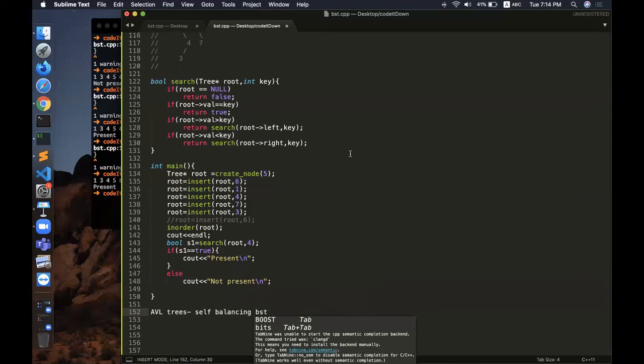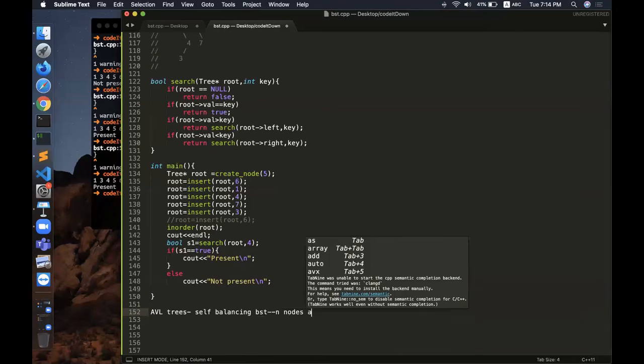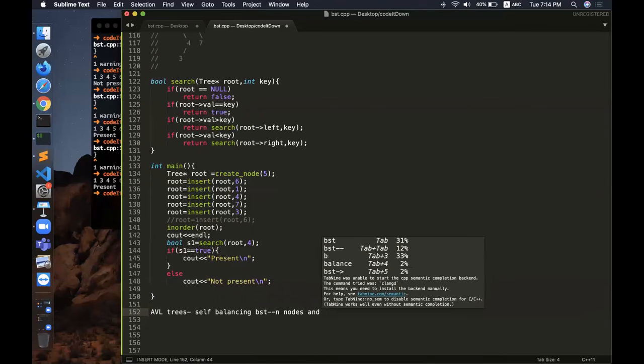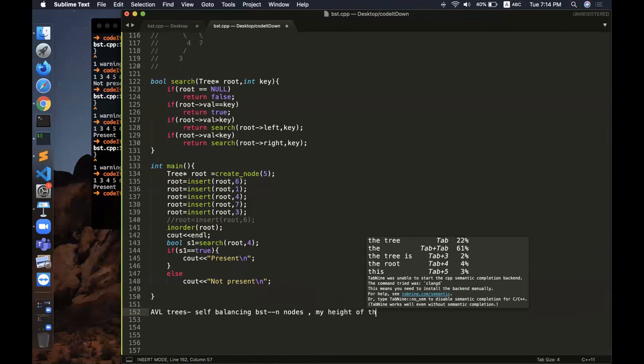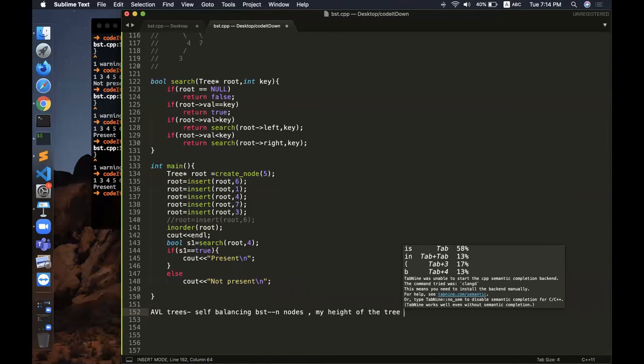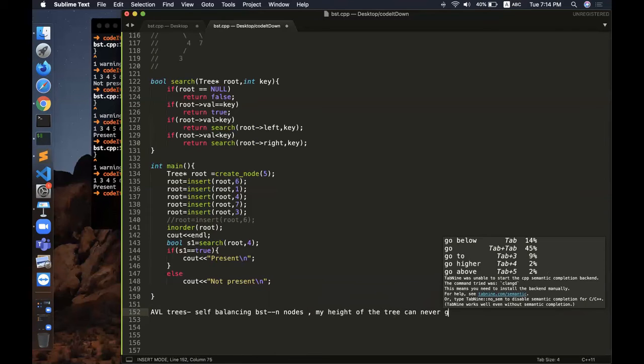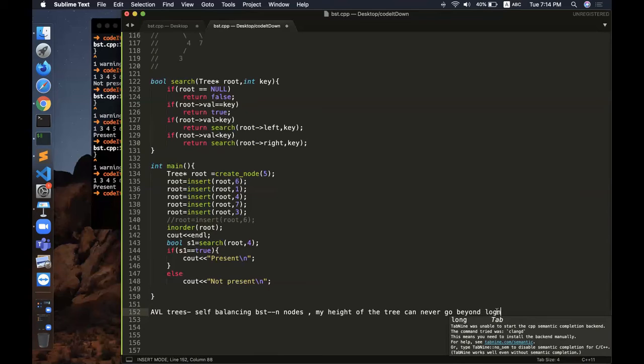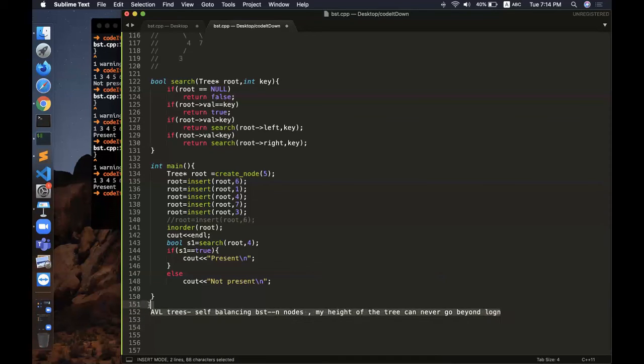Even if I have n nodes, the height of the tree can actually never go beyond log of n. It is restricted by this log n factor. This is what makes AVL trees really fast for performing search operations and all this stuff.